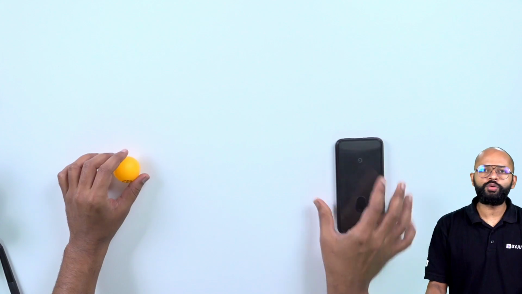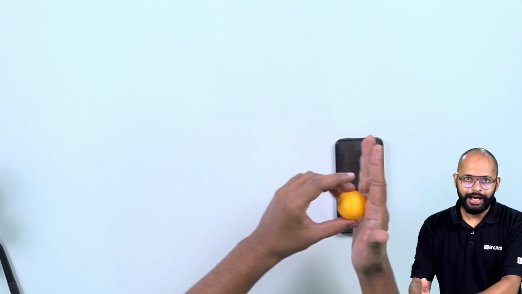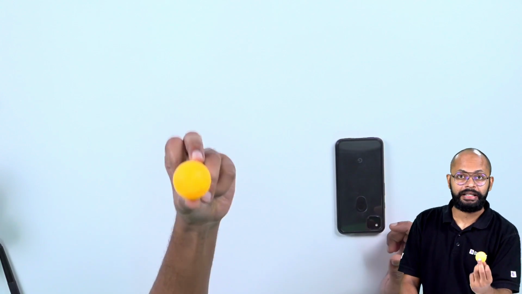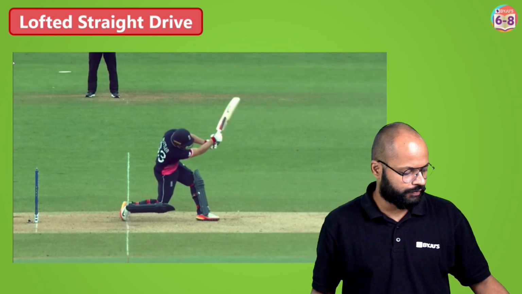Now, what I want you to understand over here is, see, the ball was coming in this direction, the force is applied in this direction, and it has to reverse complete direction. It has to go back straight. Okay. So just keep this in mind, because I'm going to ask one important question from you. Okay, fine. All right. So this was about the straight drive. Fine. So let's see the cover drive.